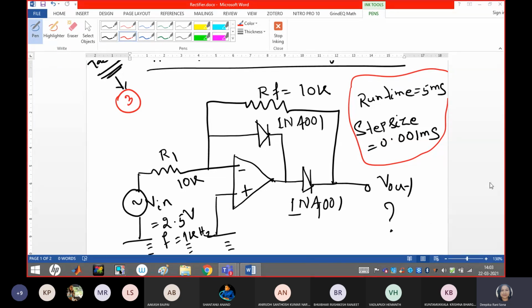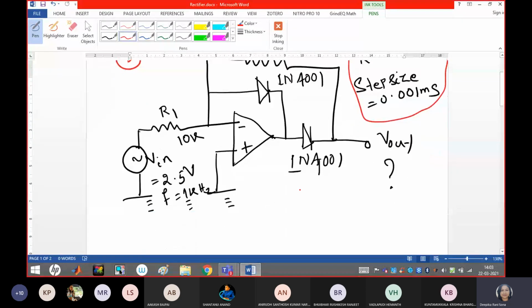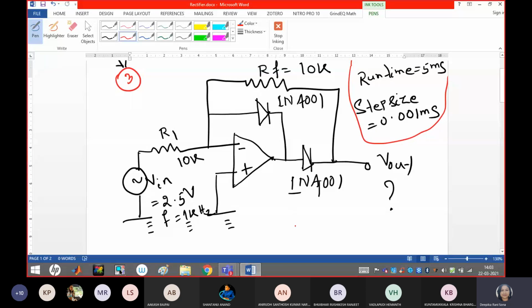As in our theory class, we have learned that a half wave rectifier, with the help of the op-amp and 2 diodes, lets the applied input waveform appear in one half cycle, while it will be off in the other half cycle because of the 2 diodes. Suppose this is D1 and D2. We know this construction, and in theory I have explained this well enough. So just get the things for the circuit.